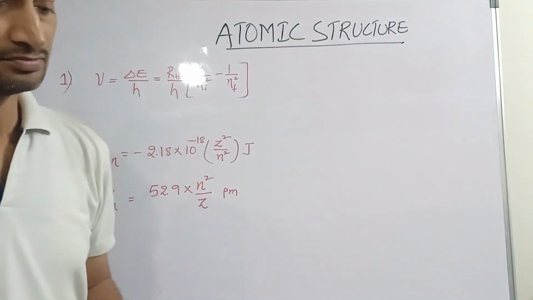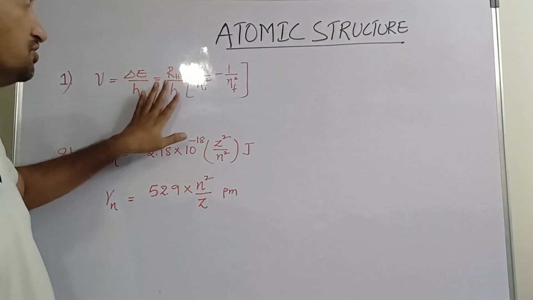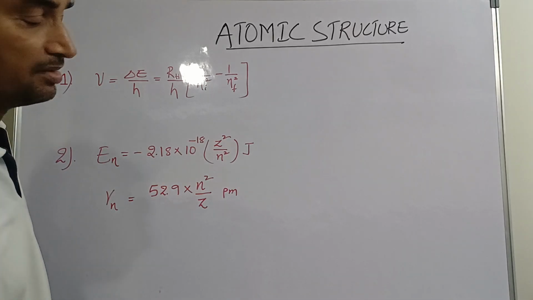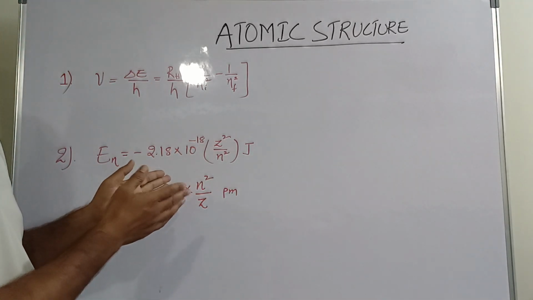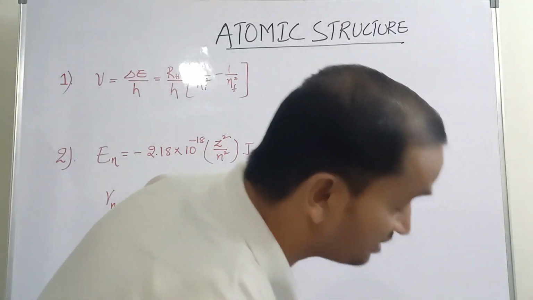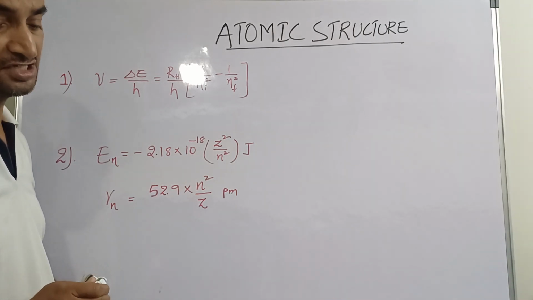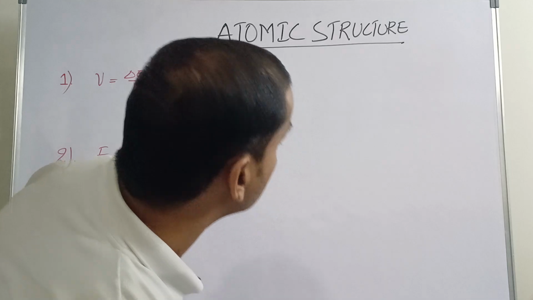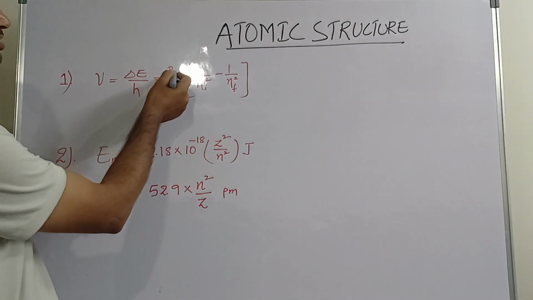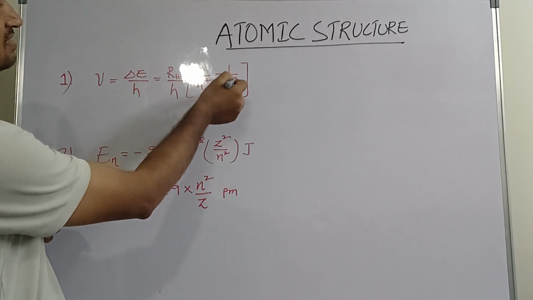Now, second question क्या है? The hydrogen atom or hydrogen-like atoms. They asked about these two important formulae you are going to study in atomic structure. This is with respect to the calculation of frequency in the absorption or emission spectrum of hydrogen and hydrogen-like atoms. The frequency is delta E by h, which is equal to Rydberg constant by Planck's constant multiplied by 1 by ni square minus 1 by nf square.